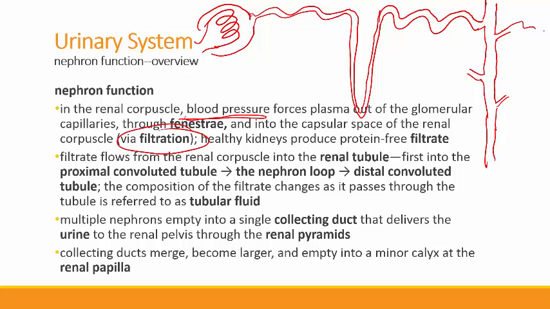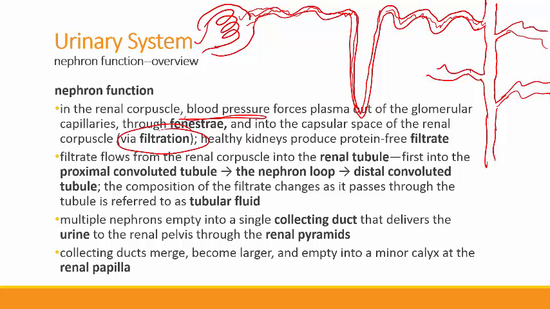from other nephrons that are also dumping into this collecting duct. So, other nephrons are out here attached to these little inputs into the collecting duct. And so it's called tubular fluid. The fluid makes it into here. Different colors, but the fluid makes it through the proximal convoluted tubule into the nephron loop, into the distal convoluted